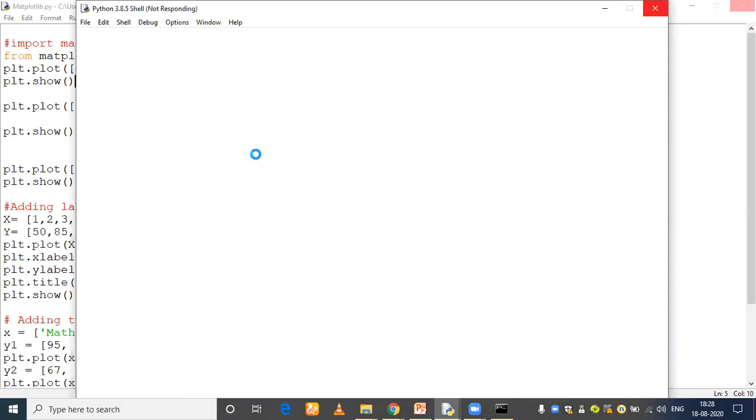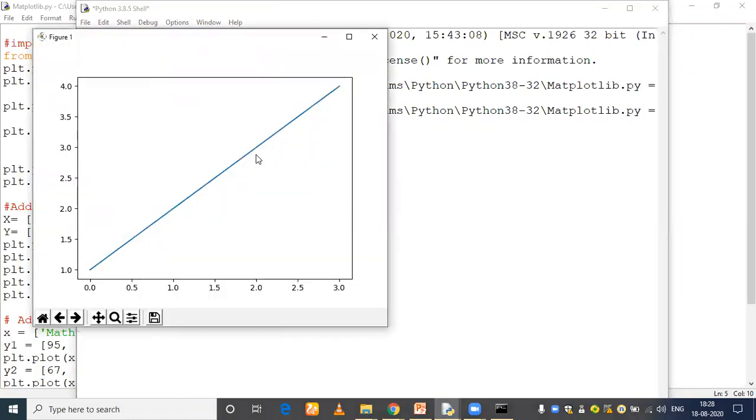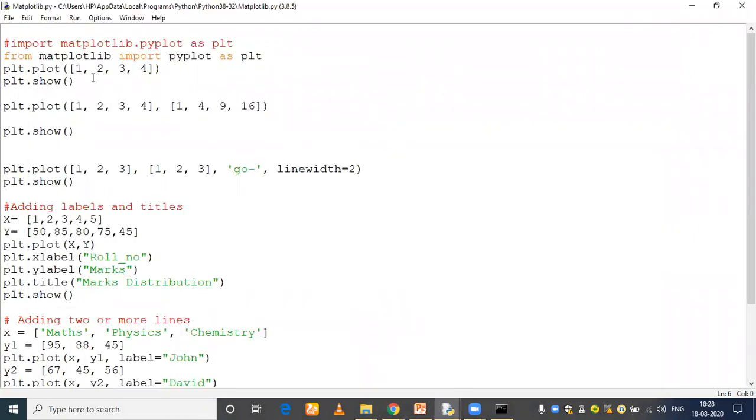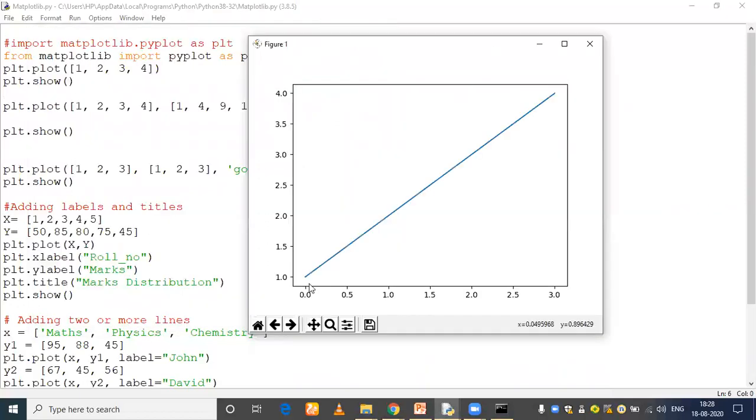Now what I will do, I will run the code. See here, just wait a few seconds, we're going to get the plot now, a line plot, a line chart. Yeah, can you see this one, how it looks? See here, 1 2 3 4. Even if I'm moving the cursor here, it is showing something here. Focus on this area. See here, I'm currently having the cursor at exactly this one, 2.0. It is showing me the output here.